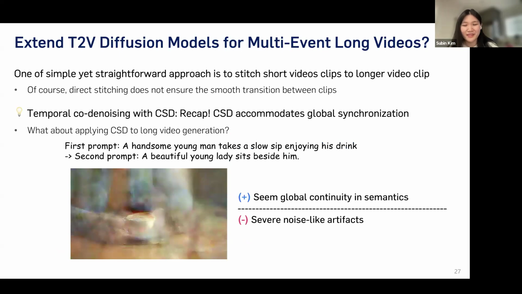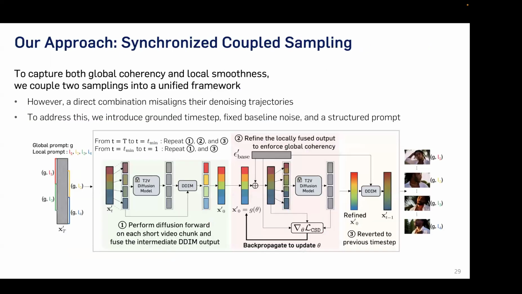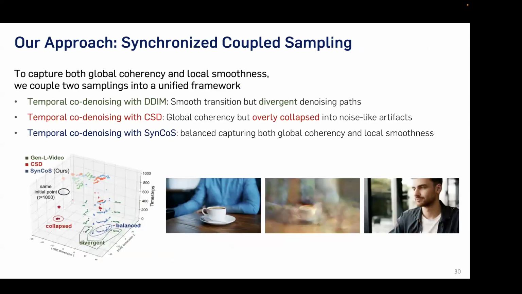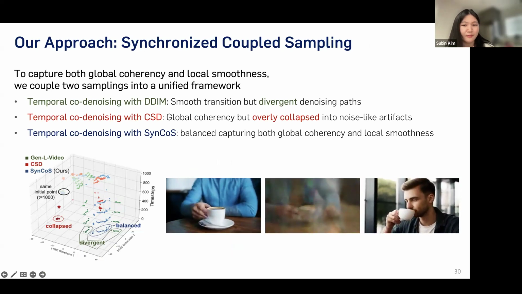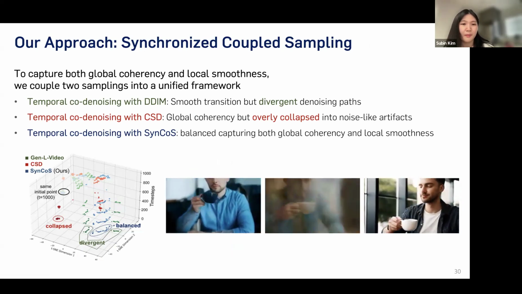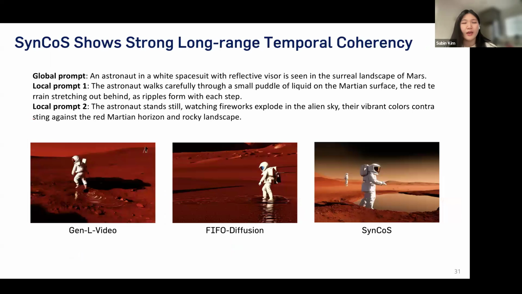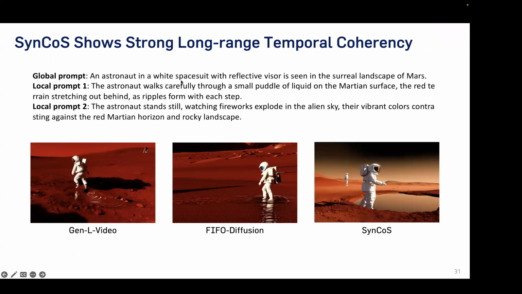to make a multi-event video. Yeah, so by doing so, we can balance between collapsed and divergent denoising passes. This is the basic of our framework, and by doing so, compared to other works, our framework shows strong